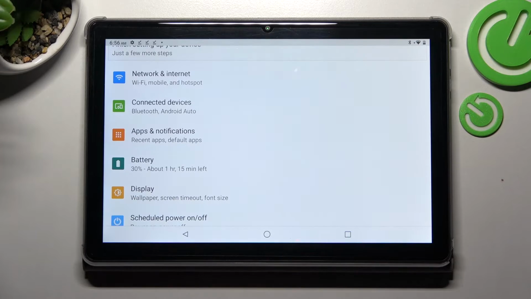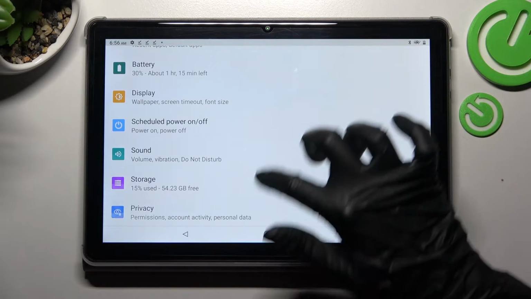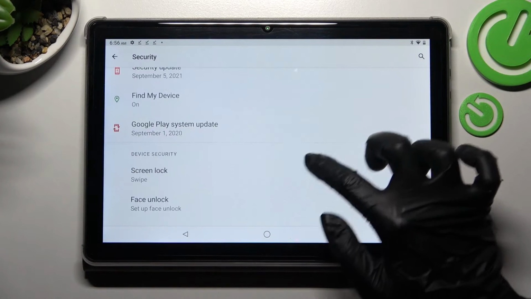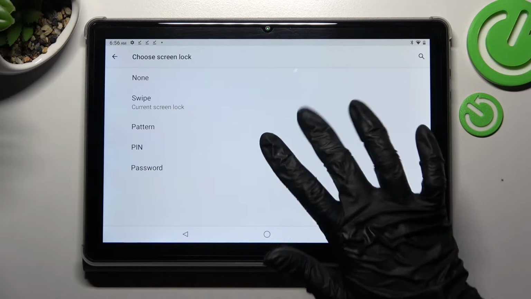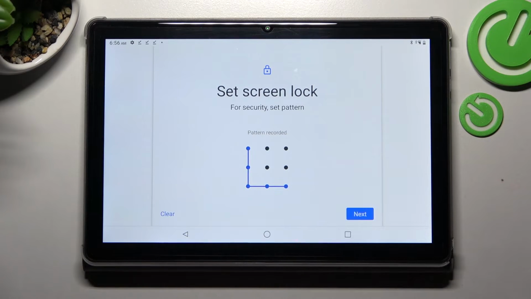Firstly, open Settings and tap on Security section after scrolling down. Now you need to select Screen Lock and tap on the best login method for you, pattern, PIN or password. After that you need to enter it, just next at the bottom right corner or repeat it and tap on